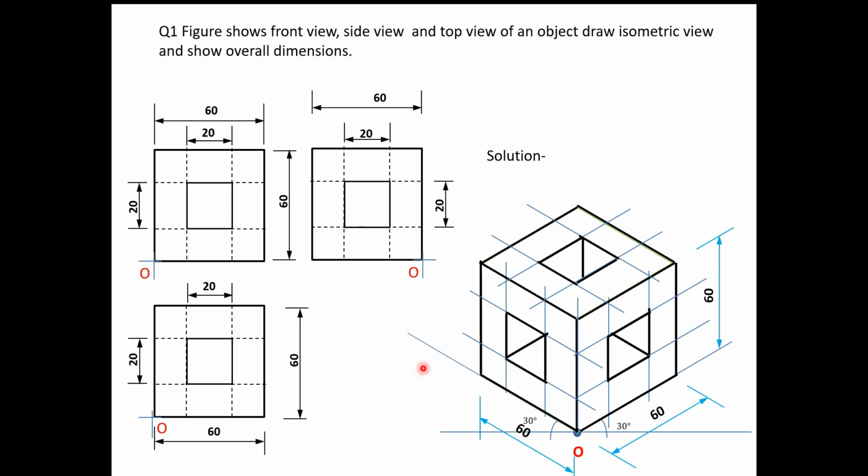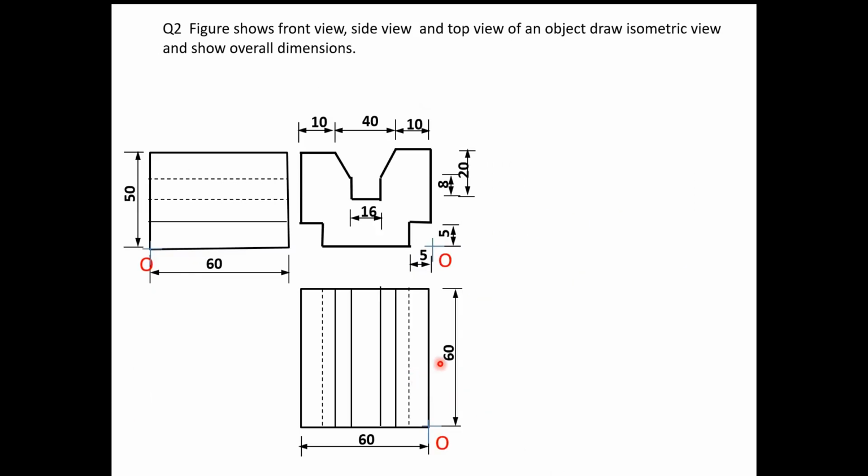So in this way we have completed the first question. You have to first imagine the front view. You start with the front view, side view and top view. Draw the outline and you start this. Then only you can go through. Now here also, if you see, this is the origin. Origin is given and this is the another origin. So this is the front view and this is the top view. And this is the right hand side view.